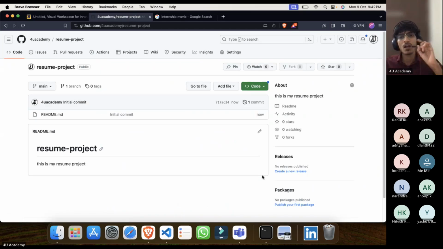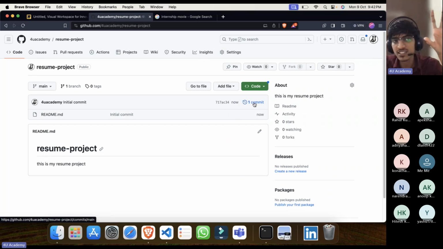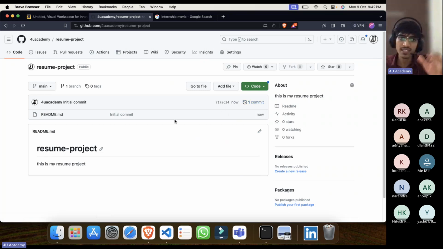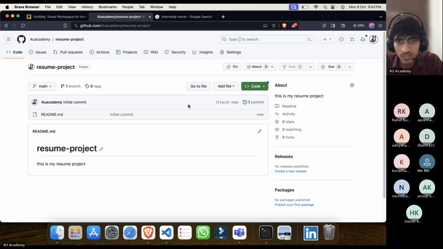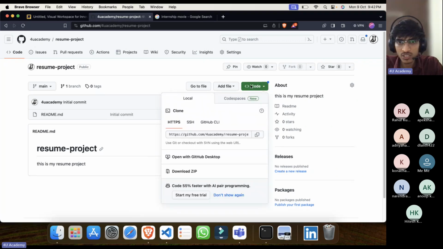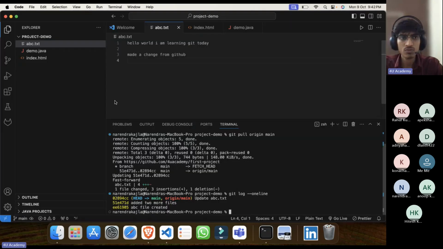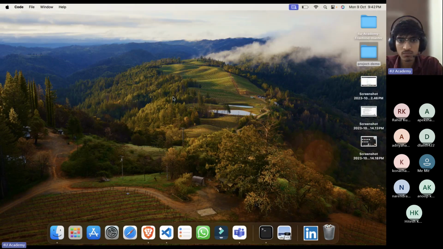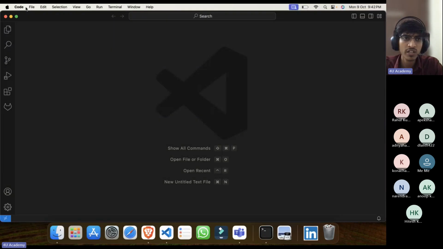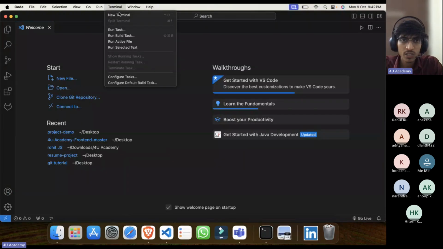You see why I clicked readme this time, because I wanted one commit at least so that I can show you when I download it that this commit is downloaded. Okay. So this is the new repository. So you just need to click on this. You'll find your URL always here. Again, you can just close your, or you can just open new folder and all. So again, go to your terminal,